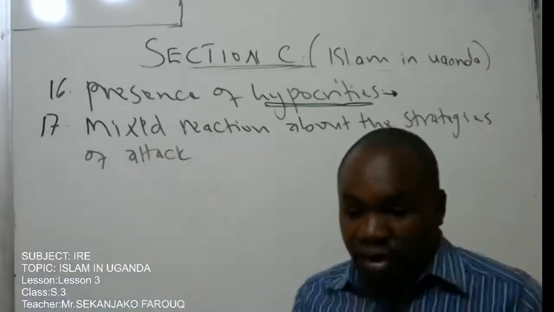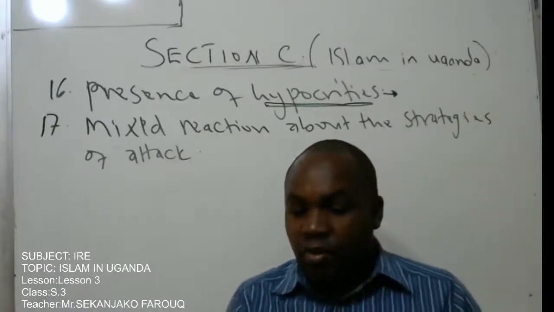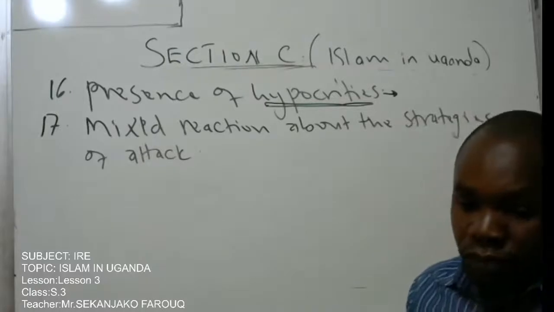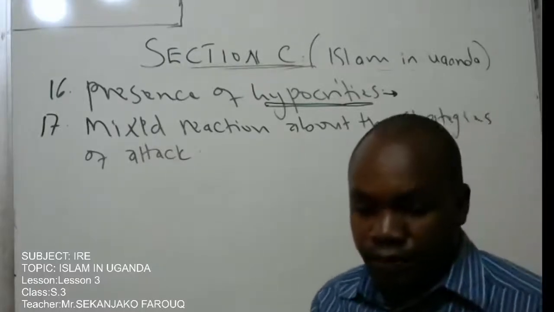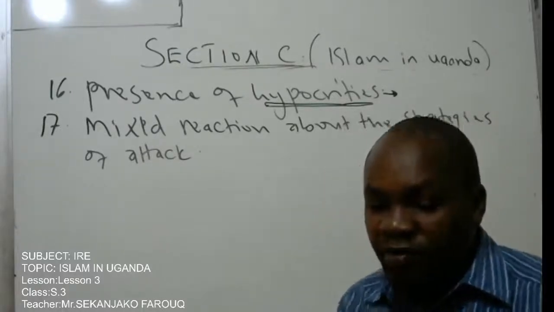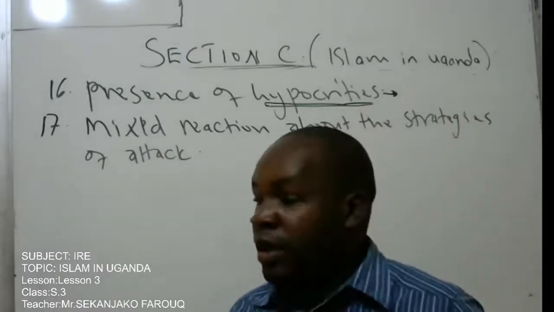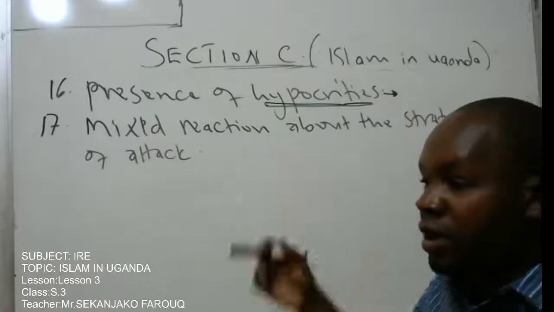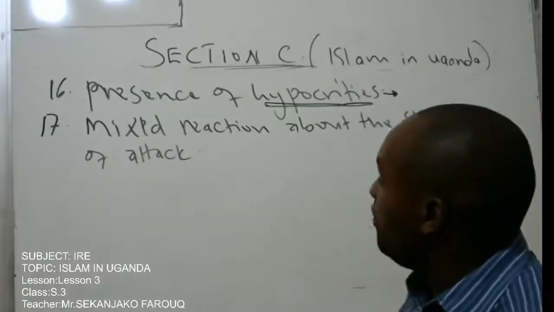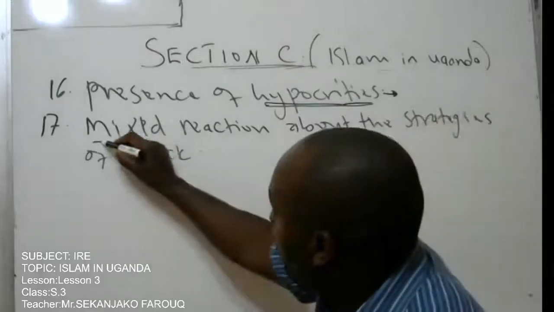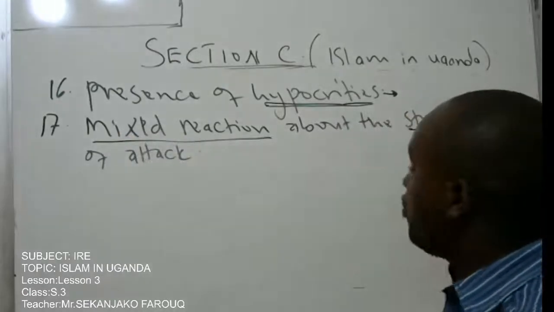They had mixed strategies, how some were preferring peaceful means and they surrendered. Others were in for violent attack of the Christians. So because they had a mixed reaction, they did not agree on which strategy they had to use to attack